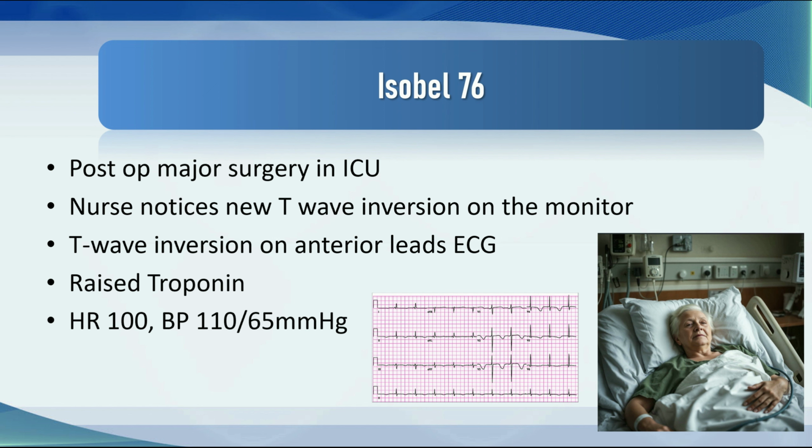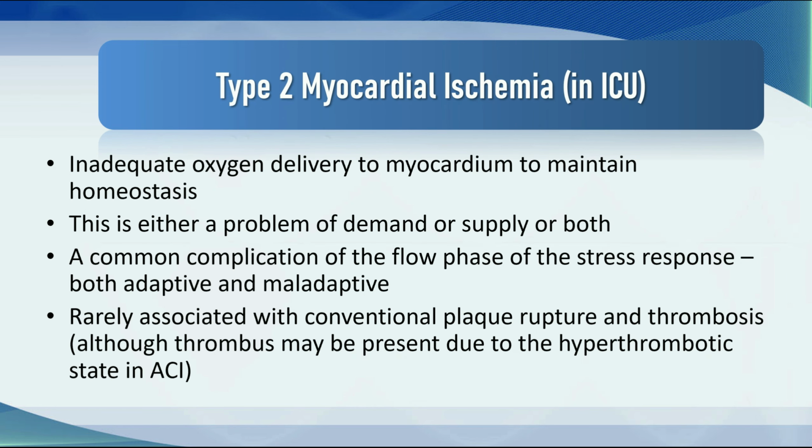Remember, Isabel had major surgery and she's in the ICU. We see this type of picture quite frequently. The nurse sees new T-wave inversion on the monitor. There's T-wave inversion on the anterior leads of the ECG with a raised troponin. This, of course, is type 2 myocardial ischemia, and it involves inadequate oxygen delivery to the myocardium to maintain homeostasis,